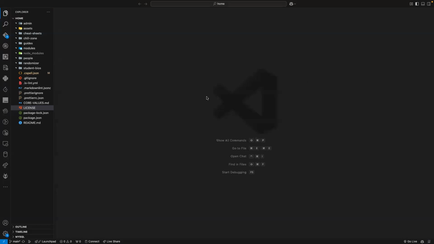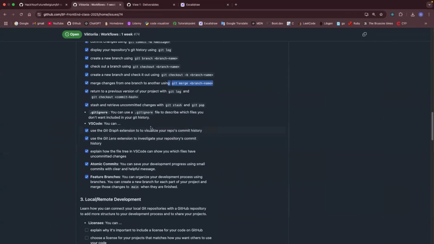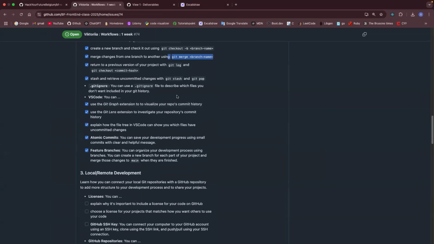Okay, what else? We've seen also git stash. I told you the git stash is my way to hide my changes. So for example, sometimes if I do git pull, and it will happen next week, because next week we will work on the same file, so you will have a lot of conflicts. Sometimes if you do git pull or do something, Git will not allow you, like I showed you yesterday